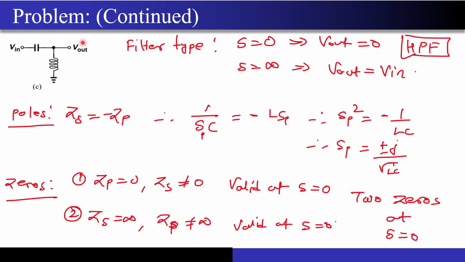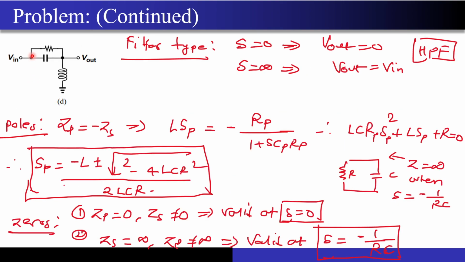Now let's enforce the other condition, that is Zs equal to infinity. Can this Zs become equal to infinity? Of course it can at 0 frequency, but at the same time I don't want this to become infinity. If I put s equal to 0, this is acting like a short circuit, and this condition is also satisfied. So again I got a zero at s equal to 0. I got two zeros from these two conditions, and this circuit actually has two zeros and two poles. Just derive the transfer function with the traditional method. You will see that two zeros exist at s equal to 0 and two poles are there which are complex conjugates of each other.